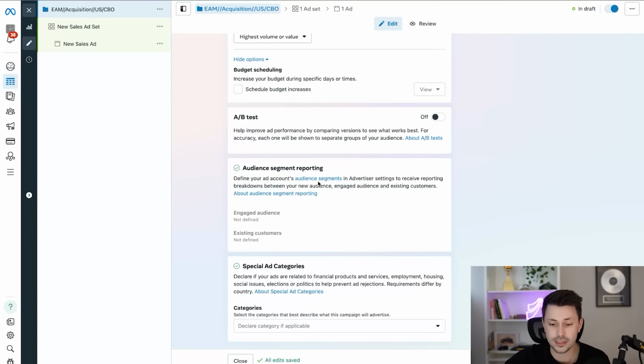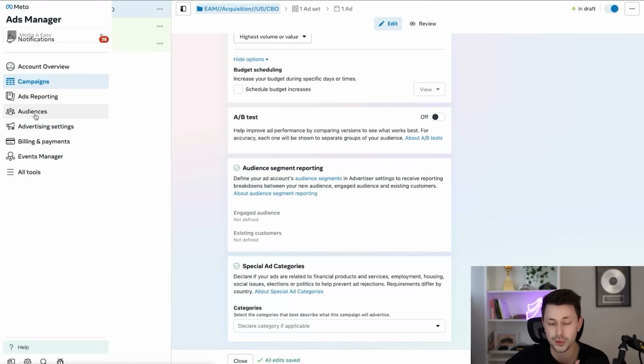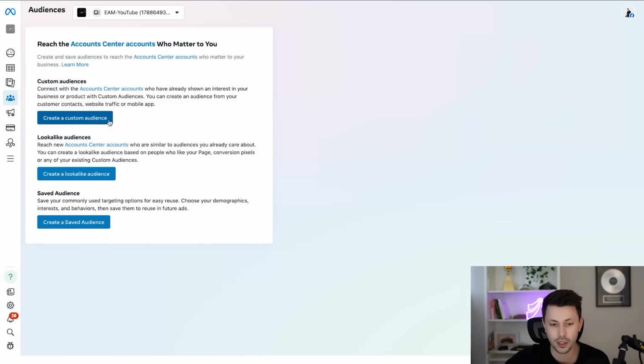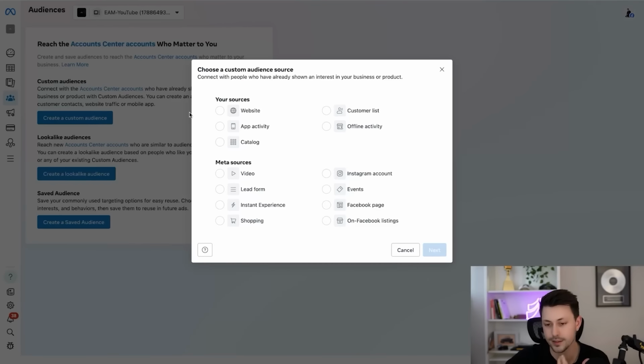What this basically is a way to communicate with Meta who is an engaged audience and who is an existing audience. Now, what we actually do is we simply just give Meta our existing customers. Now, the way that you do that, you're just going to go over into your account and click into audiences. And once you click into audiences, you're going to create a custom audience. And now there's two types of custom audiences I would highly